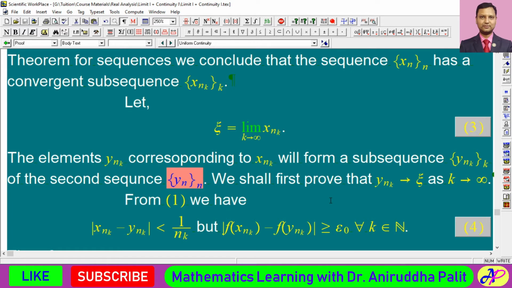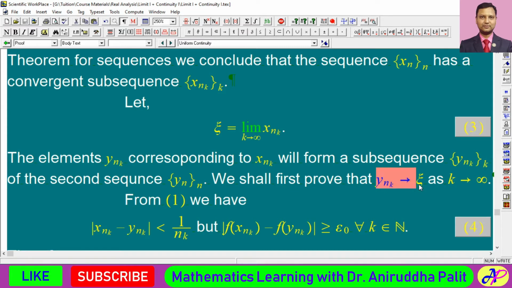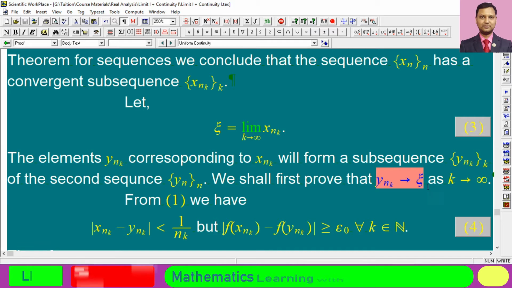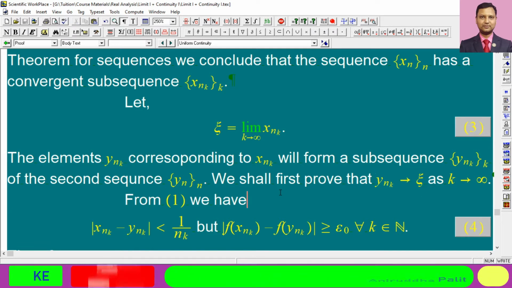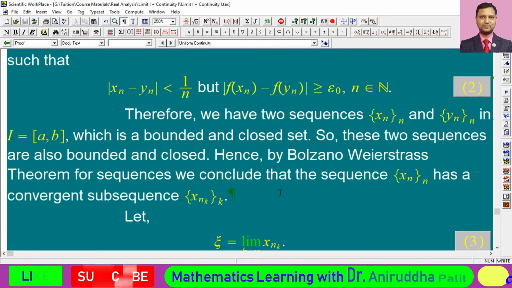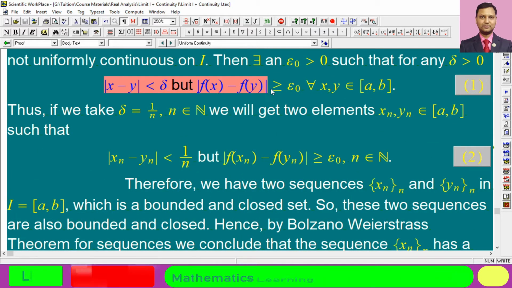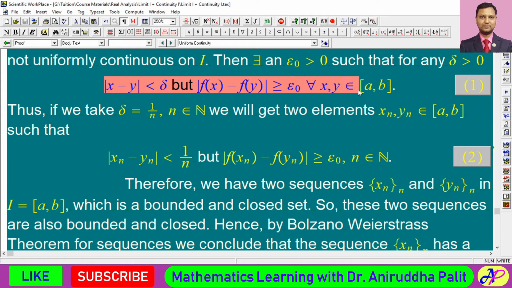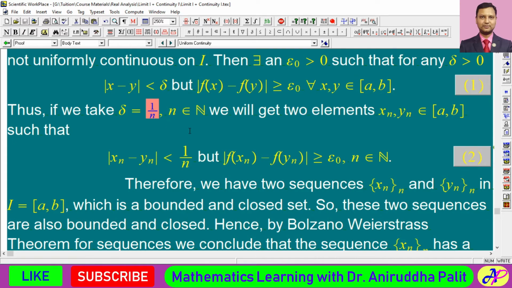We shall first prove that this second subsequence is also converging to the limit xi. So that is the first result we are going to prove, that this second subsequence would converge to the element xi. From this relation number 1, if we put x equal to xnk and y equal to ynk, for delta equal to 1 by nk,